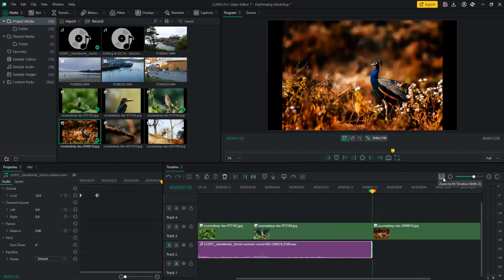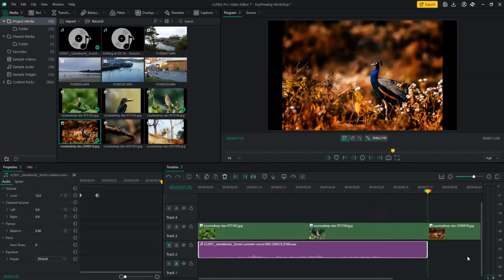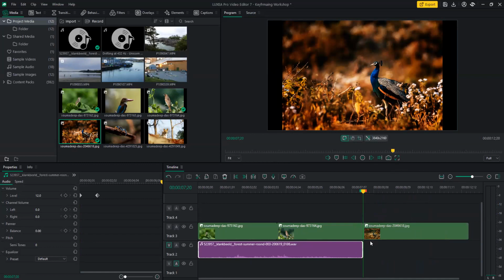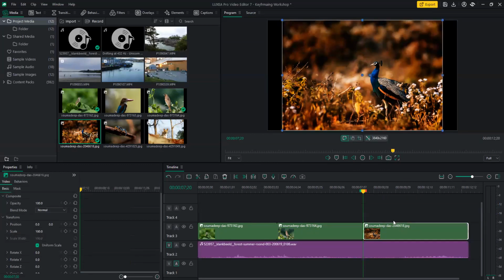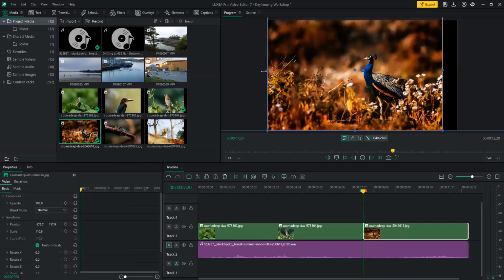Remember, if your clips are extending the size of your timeline, all you have to do is click right here, zoom to fit timeline, and then all the clips will adjust to your view. So now I've extended my audio clip, and I could maybe, just to change things a little bit,